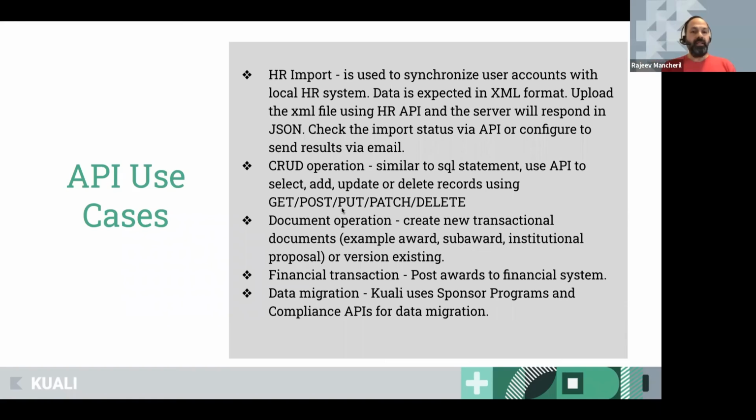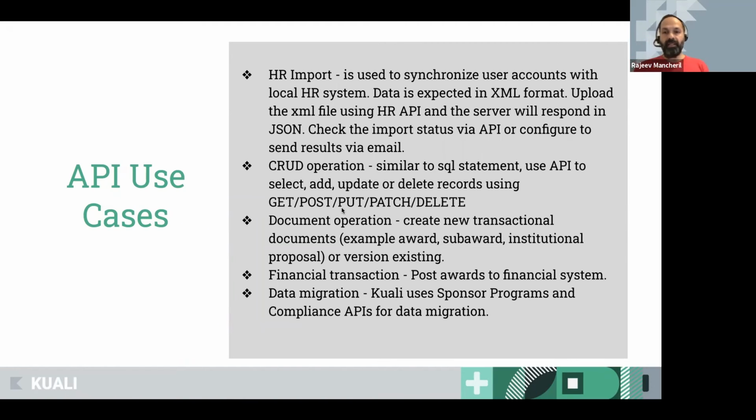Thank you. So some of the API use cases here. Earlier we talked about the HR import. That's to synchronize your user accounts with your local HR system. That could be Oracle, PeopleSoft, or any internal system that you have.